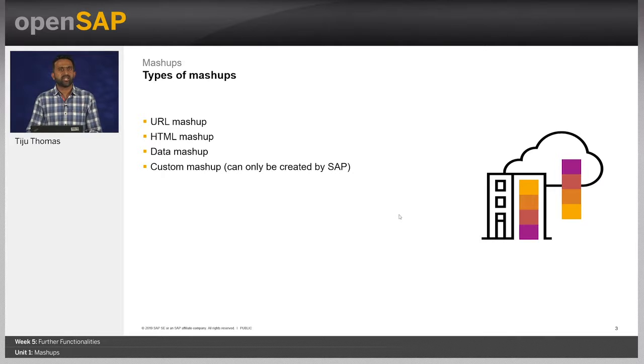HTML mashups embed an HTML or JavaScript based web page directly on a screen. This can fit into a frame of the UI as part of the SAP or custom floor plan. An example would be the embedded trip plan. A data mashup combines and displays data from both internal and external sources. To create a data mashup, an integrated authoring tool is used to transform or merge external web services with internal business data using industry standard web service protocols. A custom mashup is created as an add-on solution by SAP. This can be created only by SAP. Pre-configured custom mashups, such as the embedded map by Microsoft Bing and the embedded route planner by Google, are examples.